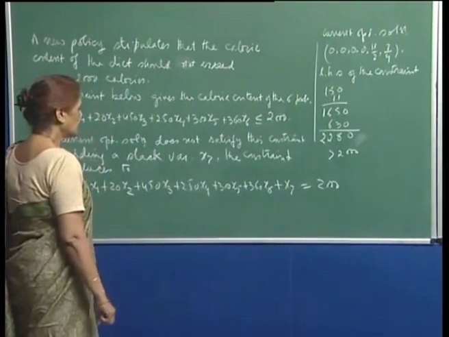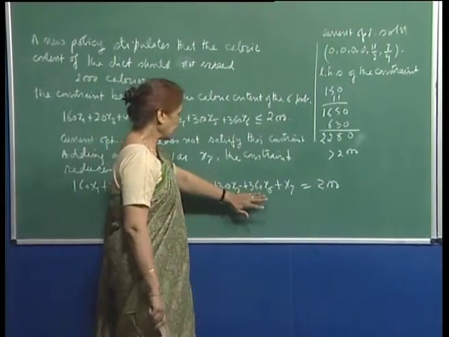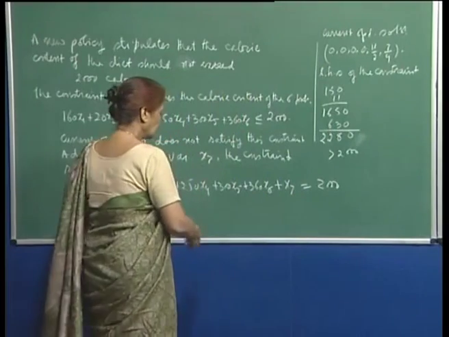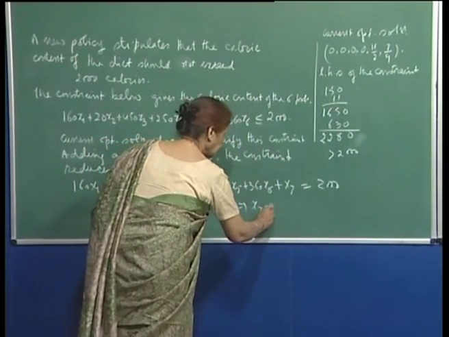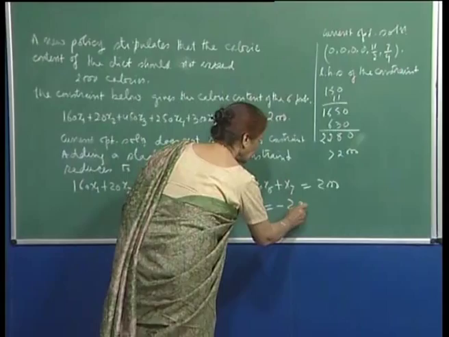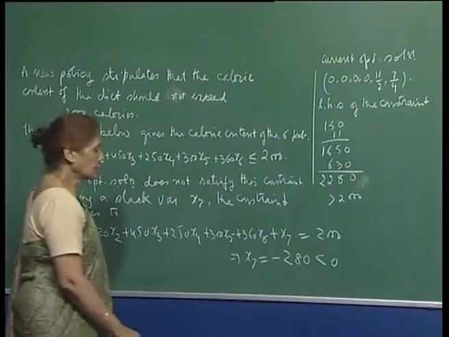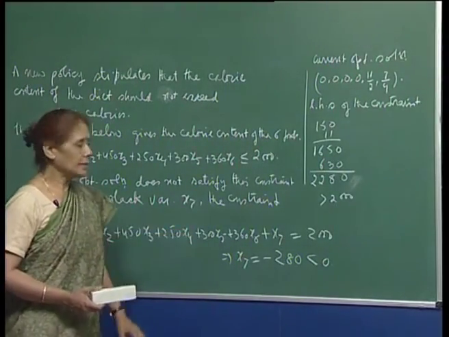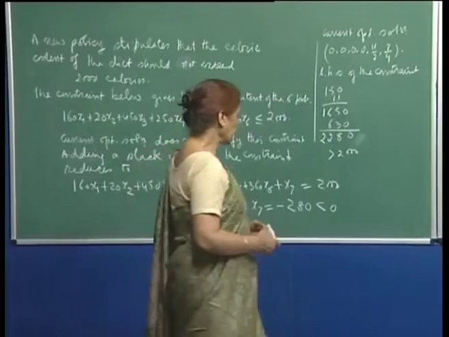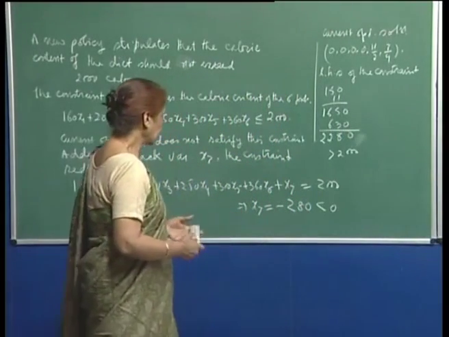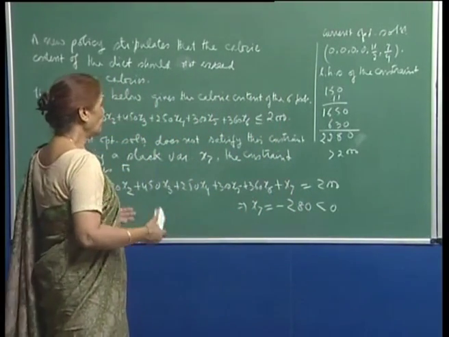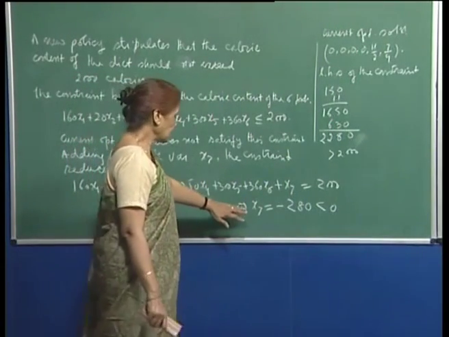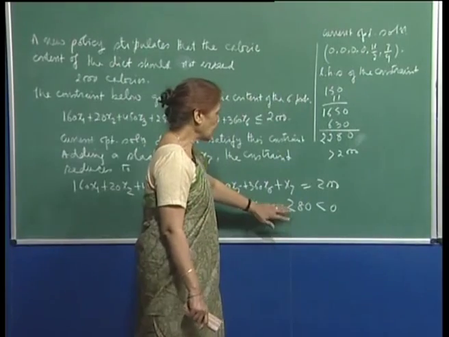And we see that the value of the left hand side up to this point is 2280. So, this implies that your x 7 is currently minus 280, which is less than 0. So, the current basis is no longer feasible when you have added this constraint, and so I need to find a different new basis so that I get a feasible solution and hopefully optimal, otherwise I will have to work for it. So, the idea is that we will apply the dual simplex algorithm,